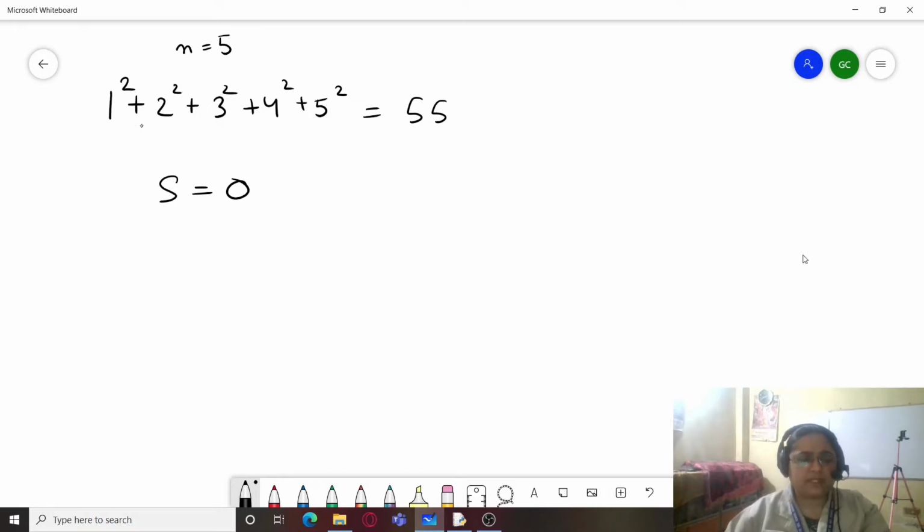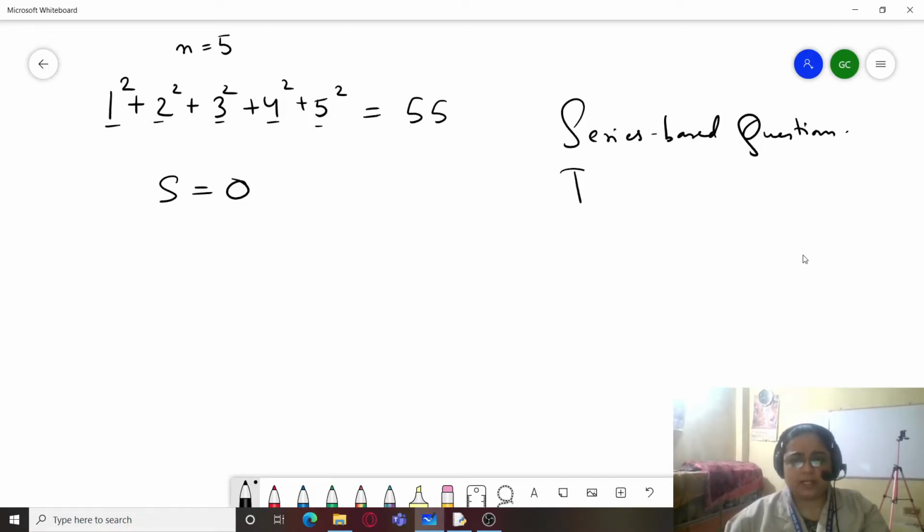And what we do is we start with a loop. These numbers, we just have to identify a pattern over here. These are actually series based questions where you need to identify the pattern. So what is the pattern here? You can see that these are simple counting numbers, simple natural numbers which are progressing by a difference of 1.